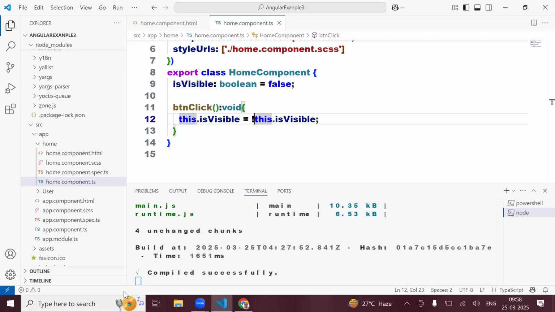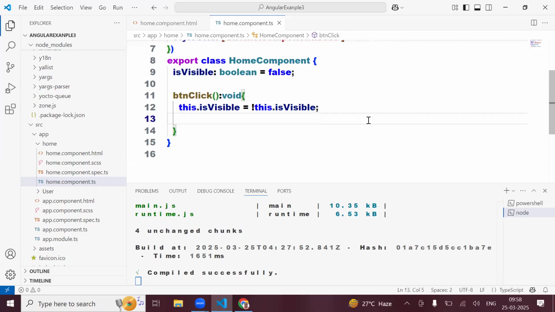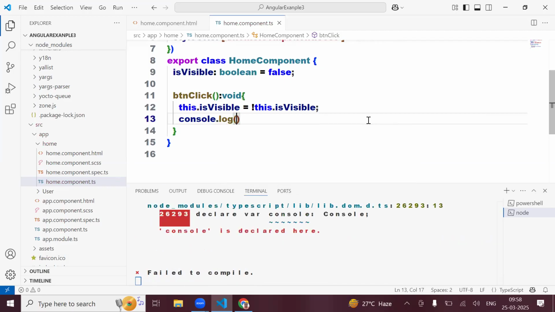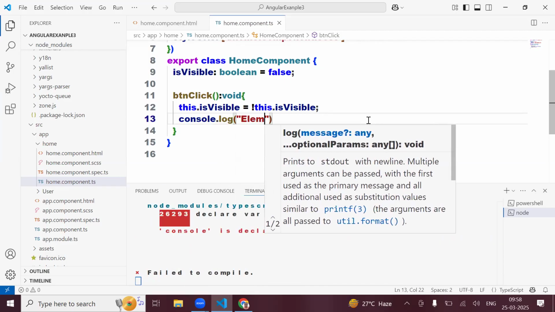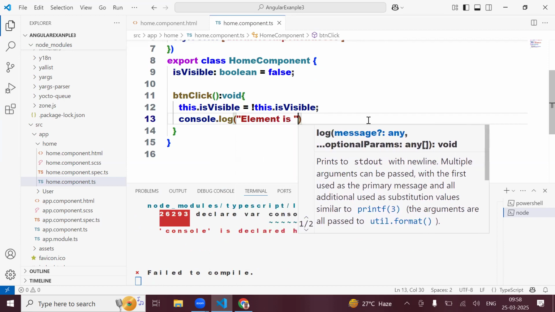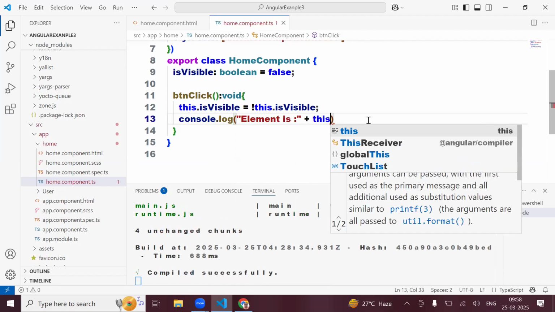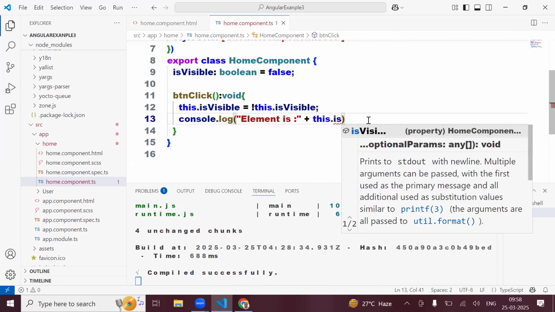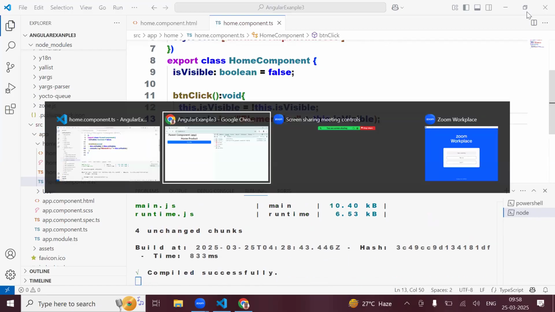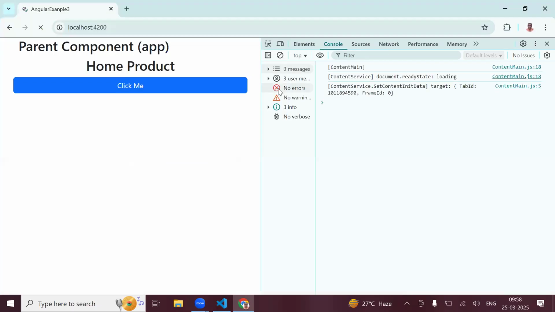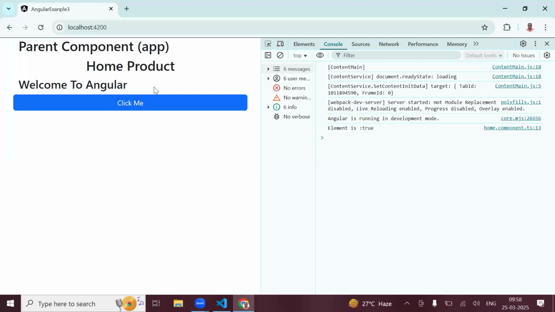Now what I will do here, I create a console log so that we can understand. Console log, element is this dot is visible. Listen carefully. Clicking element is true. You see here,